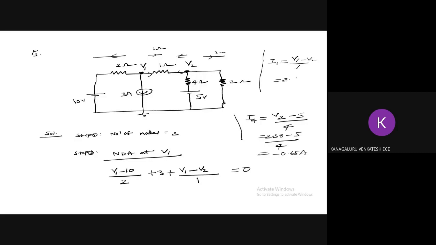So it is going to be 2.92 minus 2.38 divided by 1. How much do you get? Tell me. 0.6, correct? I1 is 0.6. Okay, even the answer what you said is also correct. What is that? 2.38 minus 2.92. Even that is correct, but you are supposed to mention the direction like this. That is an important point. If you are mentioning direction like this, you should write this answer. Hope this is clear.